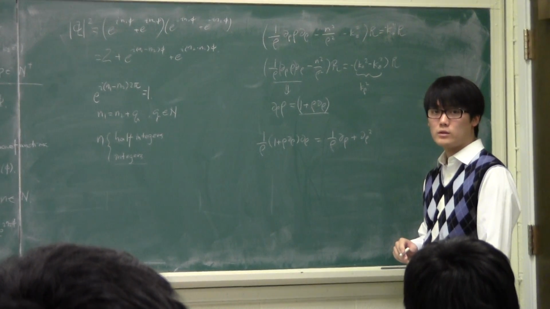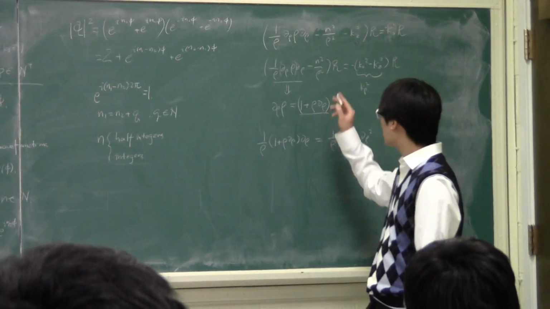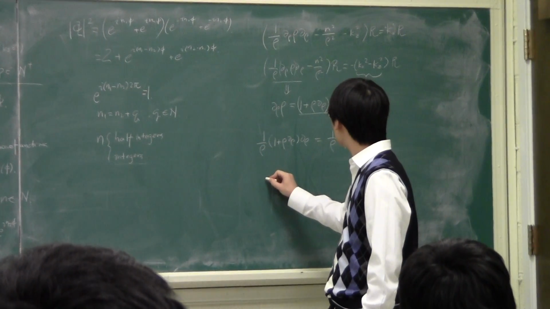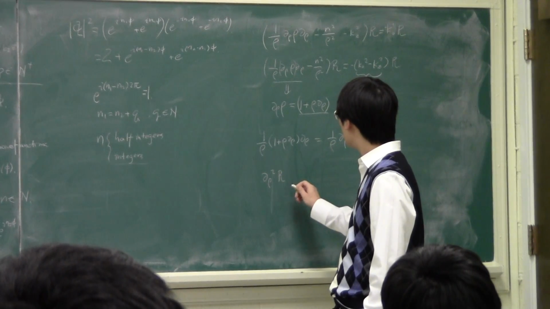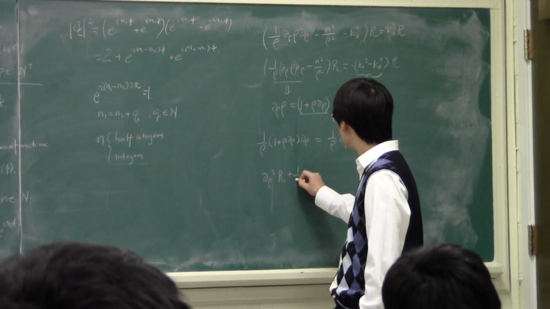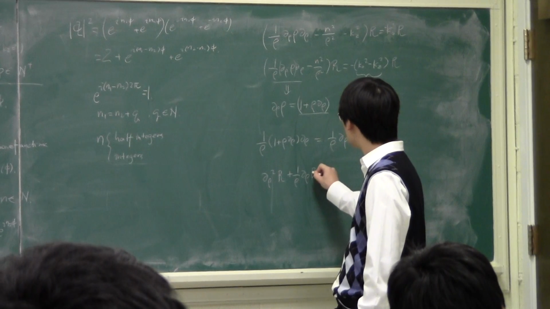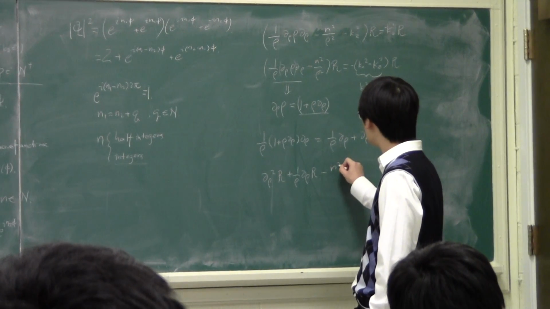Everybody follow? So now the eigenvalue problem turns into d rho squared r plus 1 over rho d rho minus